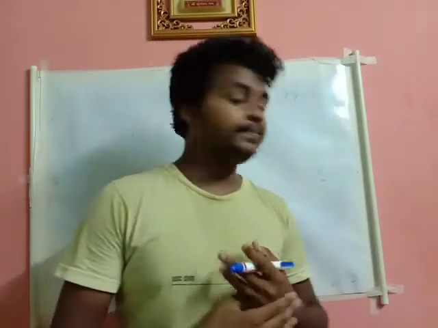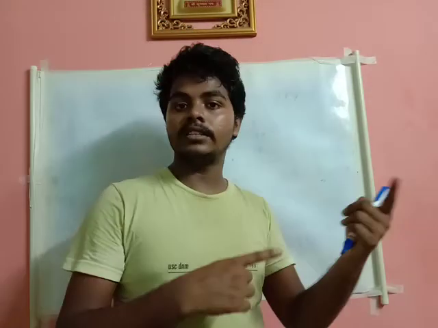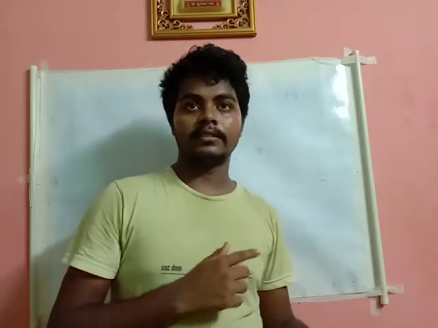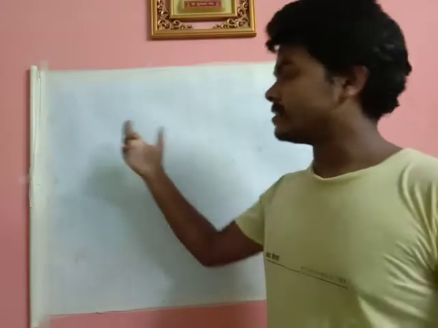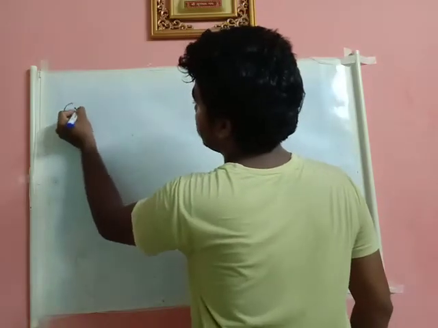Hi friends, in the last class we discussed how to find the unit digit using the cyclicity of 1, and the cyclicity of 2, 3, 4. We have discussed those in the earlier classes. Now coming to how to find the cyclicity of 5 and the cyclicity of 6.